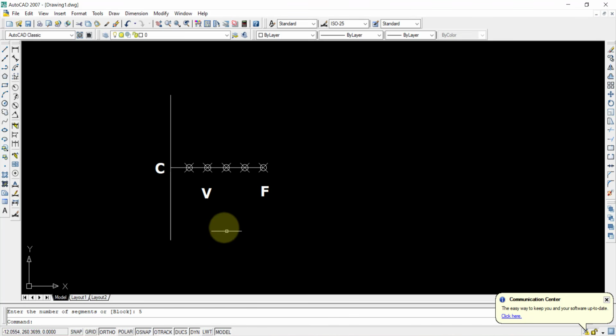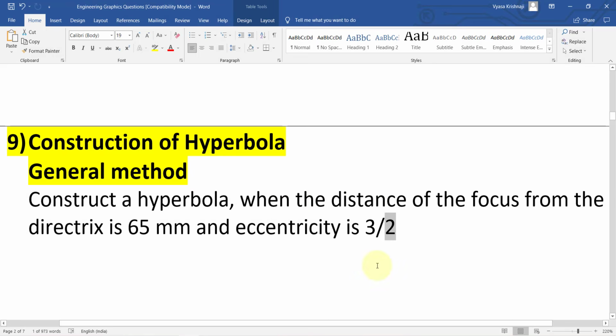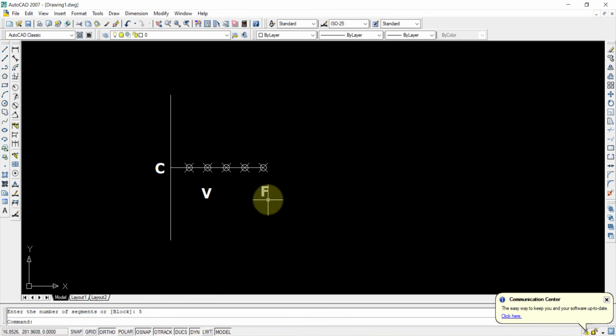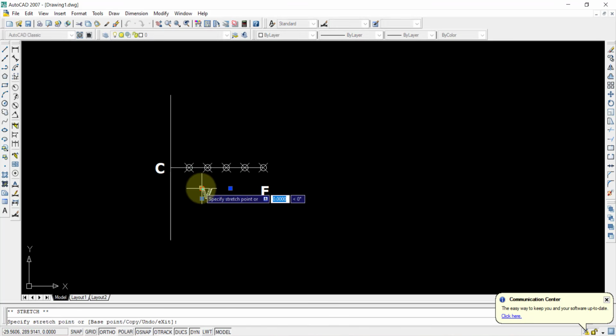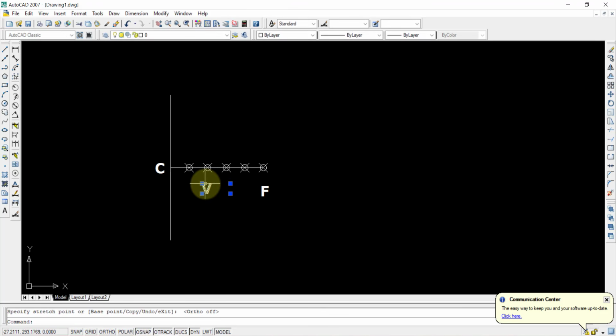Now we need to give the V point at either this one or this one or this one or this one, depending upon the question. The shortcut is the third point from the focus, because the numerator is 3. So this is the focus, this is first, second and third. This is going to be our vertex point like this. This is the vertex point. Okay, these things are not necessary, we can delete them. This thing is also not necessary, so I can delete this one.